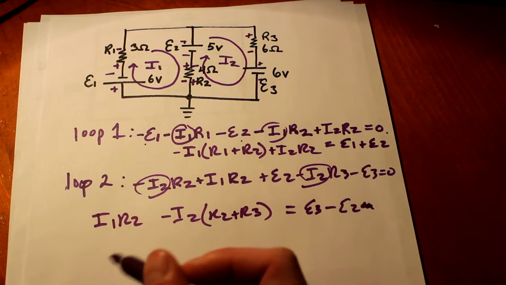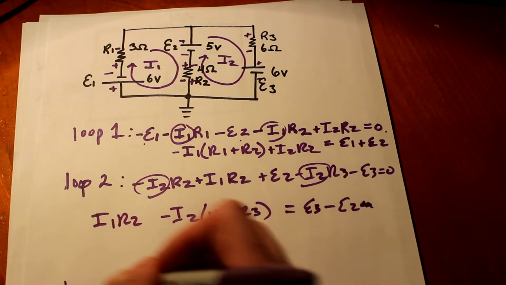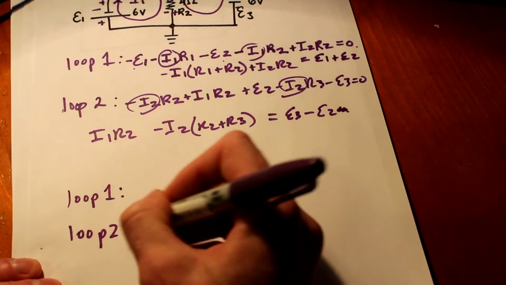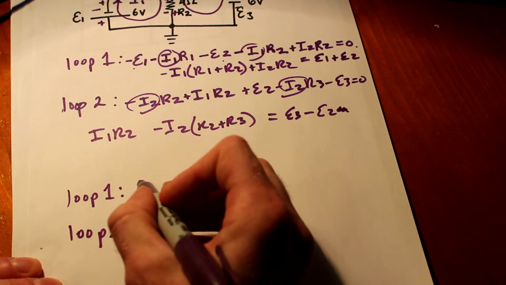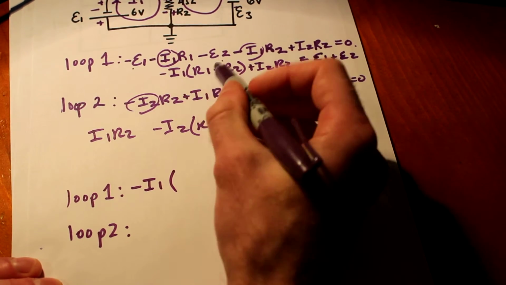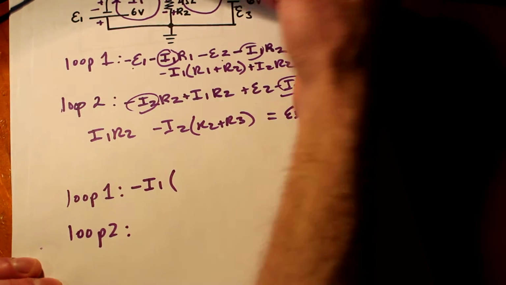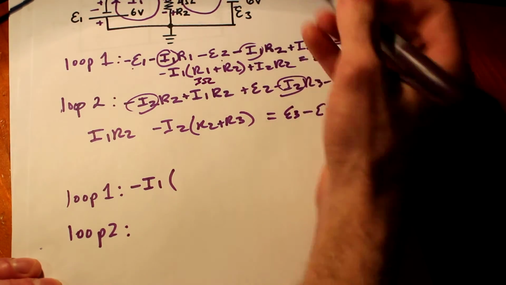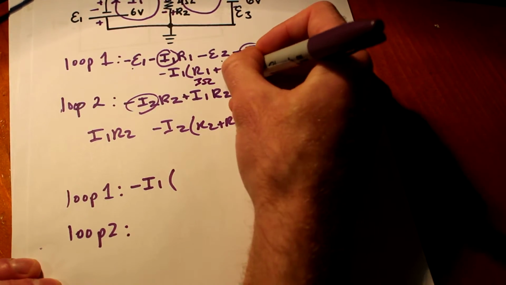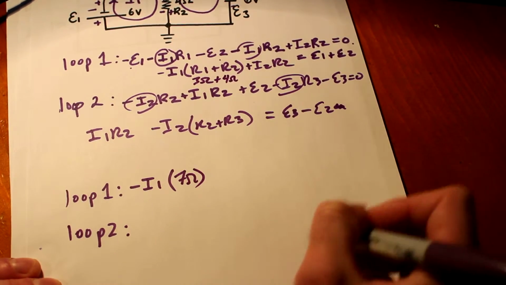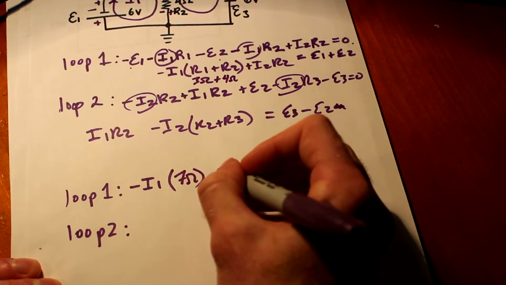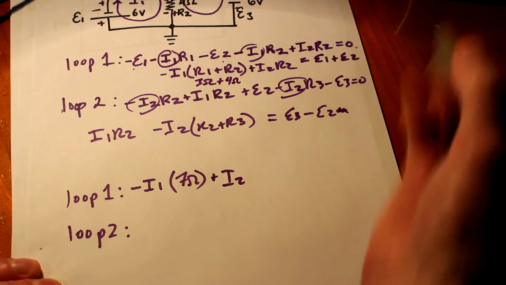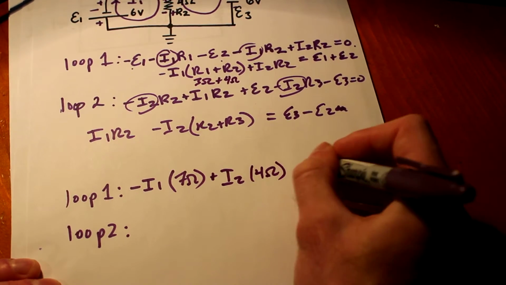Now let's put our values in. So let's make a little bit of a matrix here. Loop 1, loop 2. And we have negative I1 times R1 plus R2. So R1 is 3 ohms, and R2 is 4 ohms. So that'll give us 7 ohms right here, okay? And then what do we have for I2? I2 times R2, which we just said was 4 ohms. And that equals